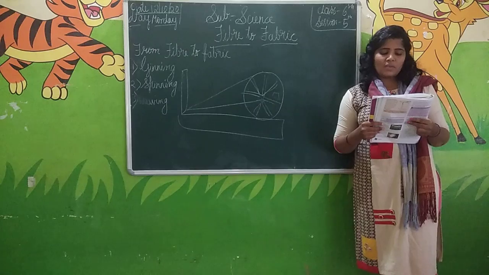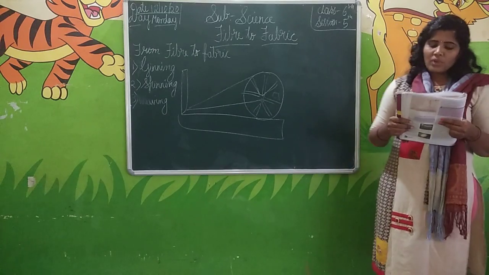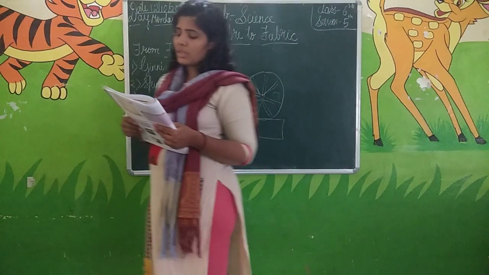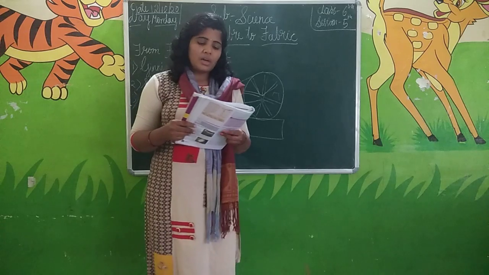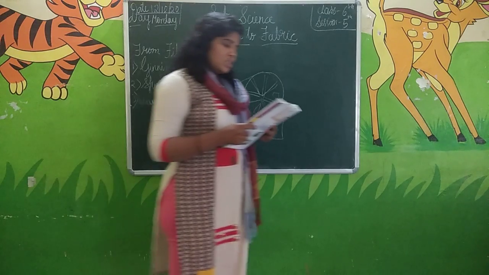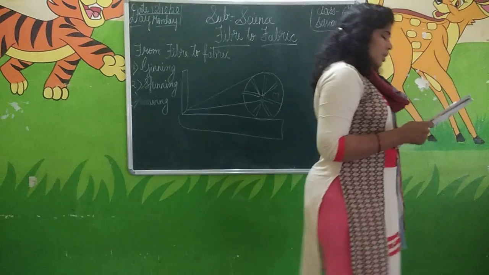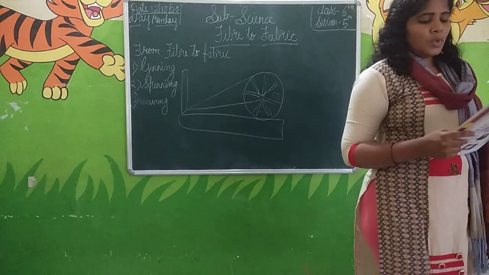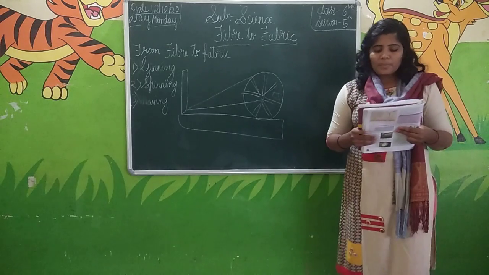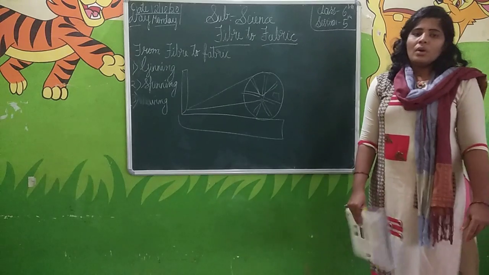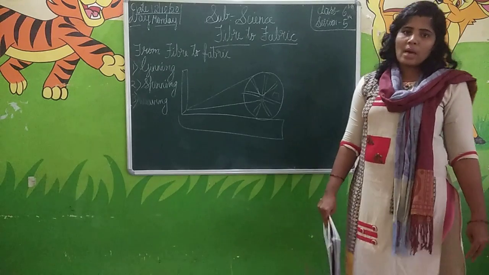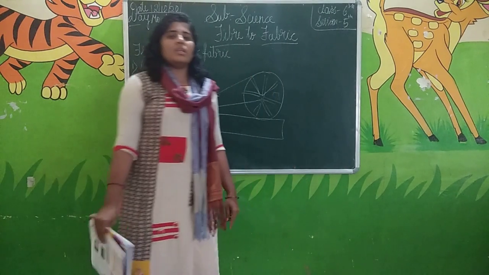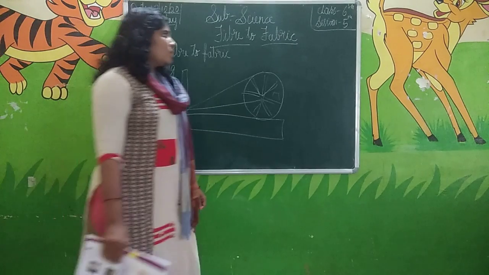With the invention of sewing needles, people started stitching fibers to make clothes. Today, various stitched clothes such as jeans, shirts, suits, shorts and trousers are very popular. At present, there is a large variety of fabrics to choose from. Nowadays we have many different types of fabrics according to our choice. Before, they did not know anything about stitching and clothes.